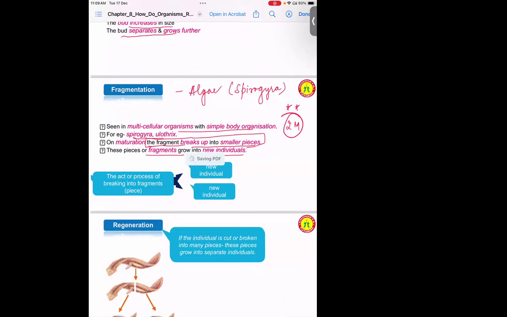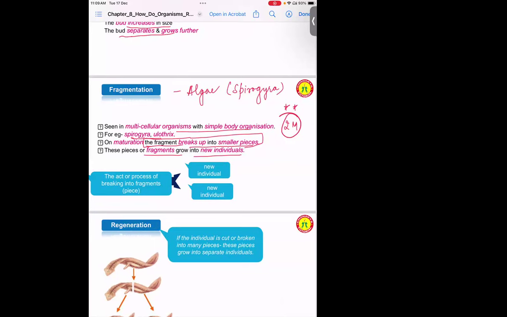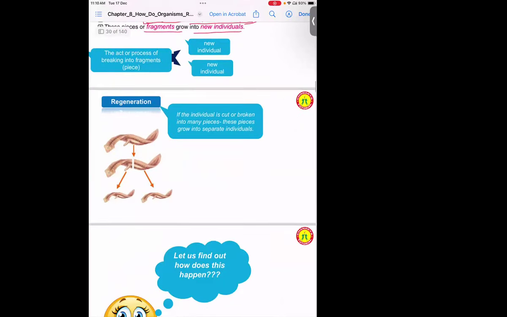The next type of asexual method is regeneration. It is when an individual is cut or broken into many pieces, and these pieces grow into separate individuals. The example here is planaria, and every year they ask a 3-mark question from this. They ask you to explain the complete process,